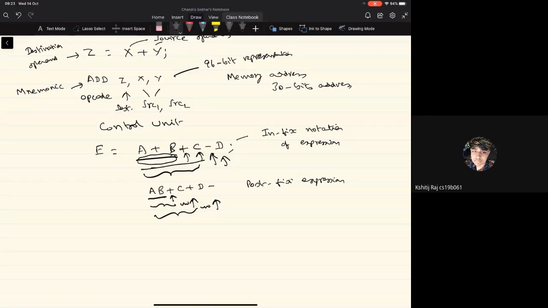So how do I represent each of these as machine level instructions? First we take these operands A and B. These are the two source operands. Then I get the operator, which in this case is the add operation. Once I have the postfix notation, I look for the operands, and once I get the two operands, typically there will be an operator. The two operands will be source operands, and the operator will be represented by the corresponding mnemonic.